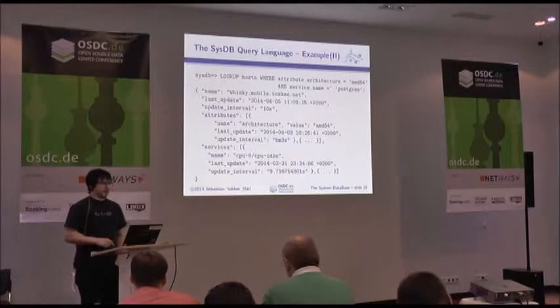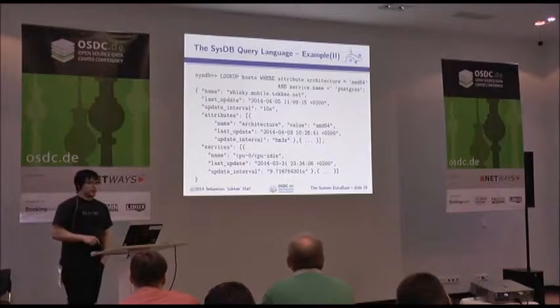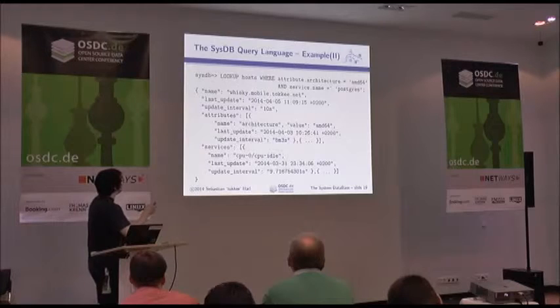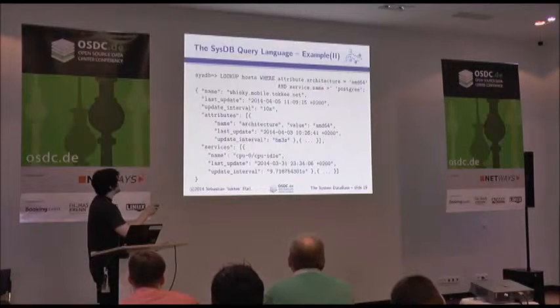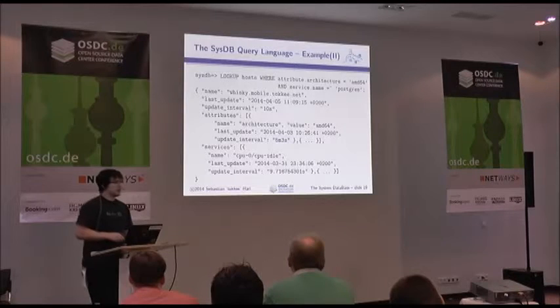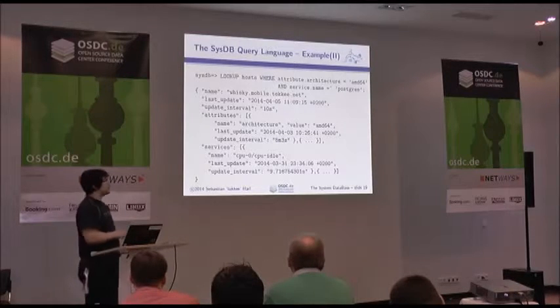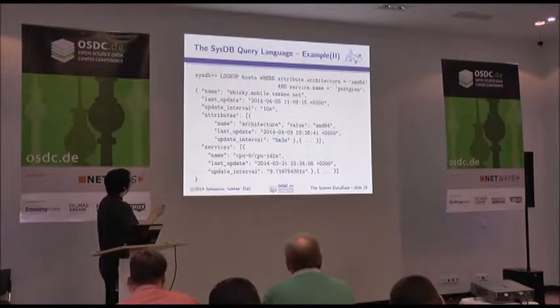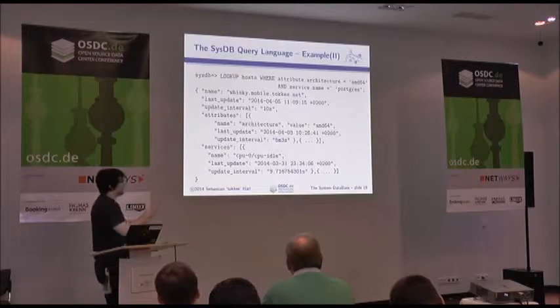Here's a very simple example for what a lookup looks like. So what we do is say, give me all the hosts for which the architecture attribute is AMD64 and which have a service assigned to them which matches the name Postgres. And then I will get a list of detailed host information which also includes like all the attributes and service information and the basic information we had already